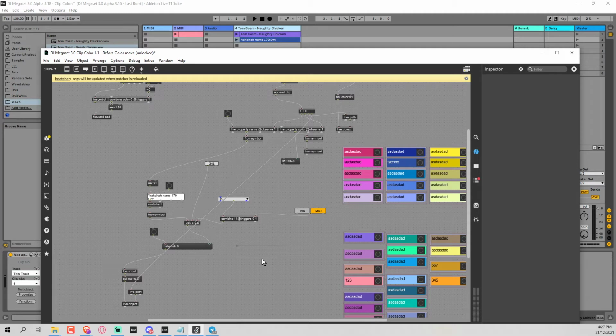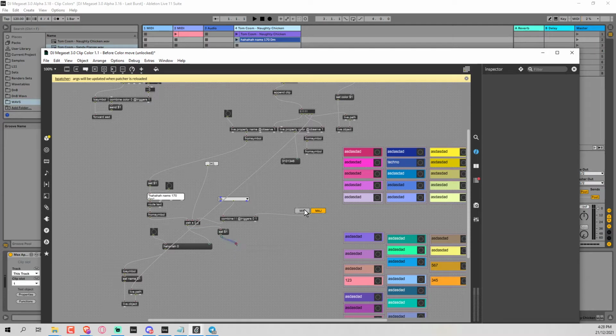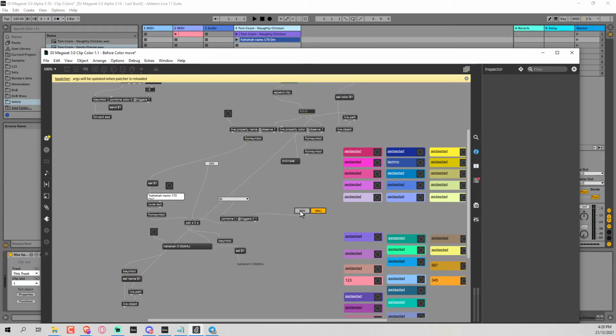Okay, so that comes out of a pack, and I want this comment box to take it. This is what the user sees. We need to do another to symbol here. Get that in there. And then the color of this